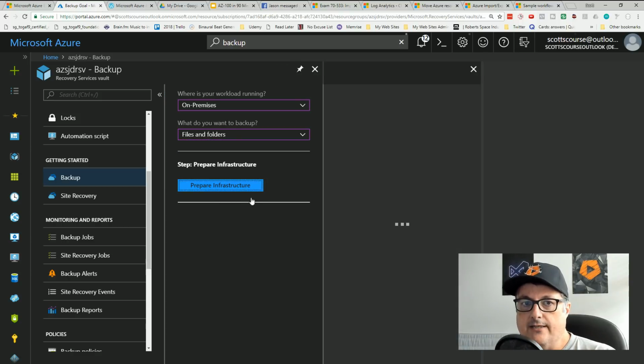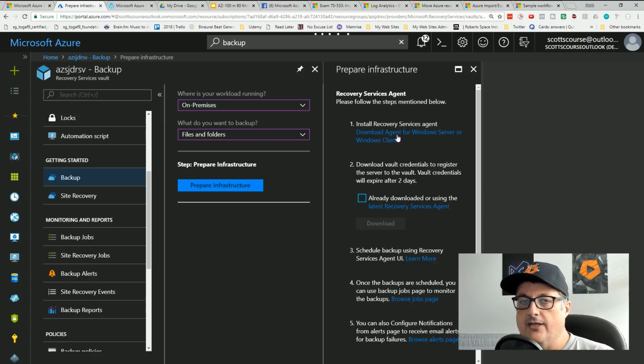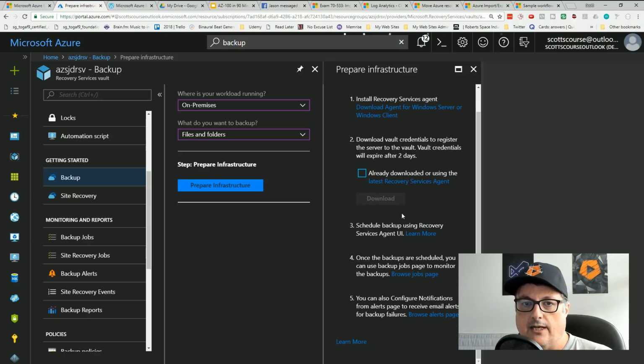Now they're basically going to tell me download the agent for Windows or the Windows client, and then I can install it on my computer or on my server. Okay, you get a credential. It has 2 days, so you have to install it and get that set up within 2 days, and then you schedule the backup. And it's basically like a piece of software that you're running on your machine, backing up your computer and uploading it into the Azure Recovery Services Vault.